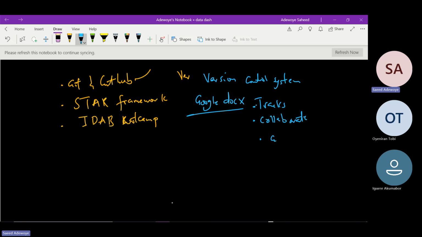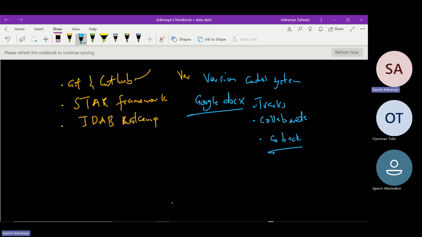Let's say you type for a while and realize some mistakes and you want to go back. Maybe you realize the mistake in the evening and you want to go back to the adjustments you made in the morning. You can simply revert back to that morning time on Google Docs.